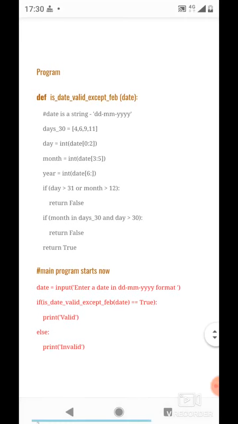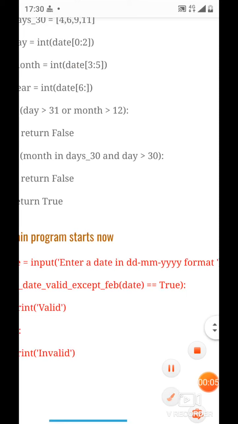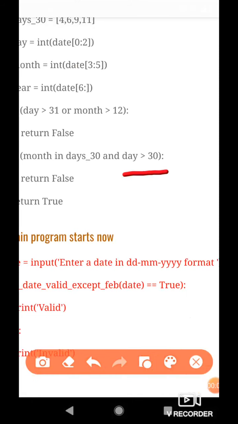As for the second condition, if day happens to be greater than 30, then this condition evaluates to true. So what we effectively check is that if the month is one of those months which have 30 days and the day in the date provided by the user is greater than 30, then we know that the date is invalid and we return false from here.